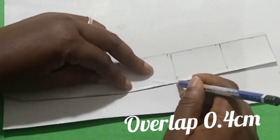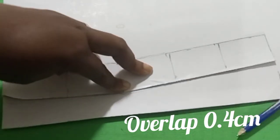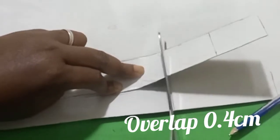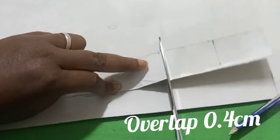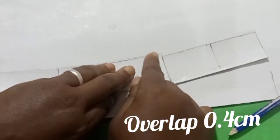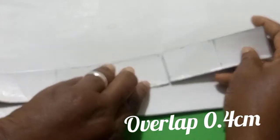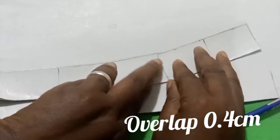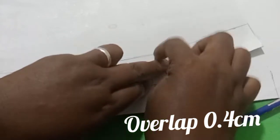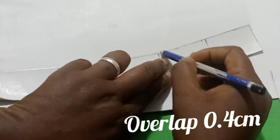If I'm the one, I would have just cut out this, but I just want you to understand this. That's why I'm doing it like so. You go ahead, cut out this, overlap it. Remember the 0.4 inch, overlap it. You're not overlapping the lower part, you're only overlapping the upper part. So you go ahead, overlap it, trace it,